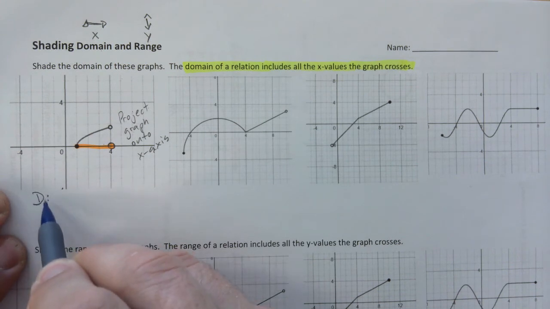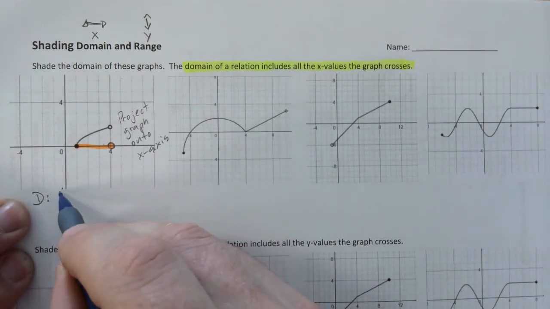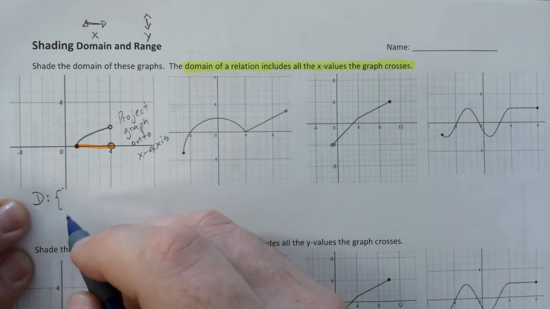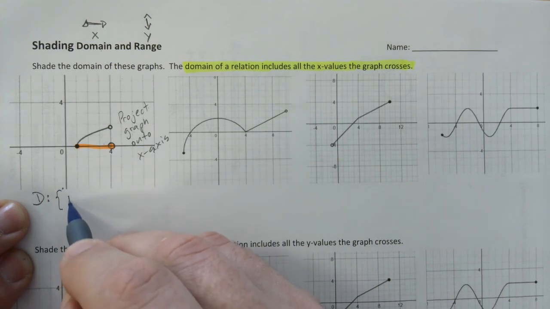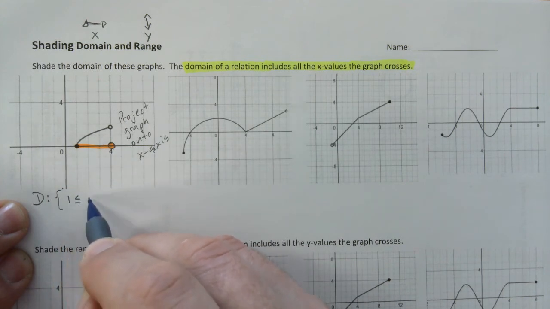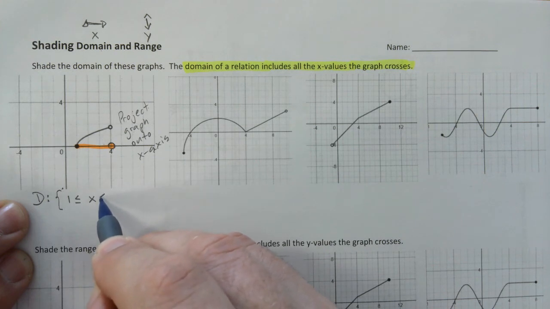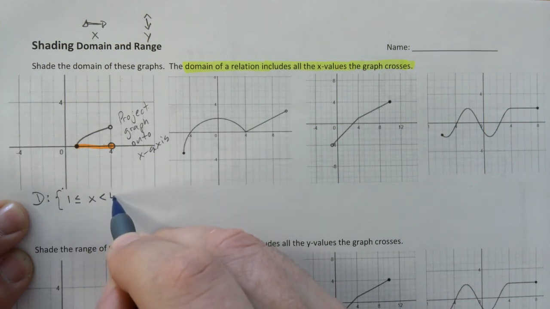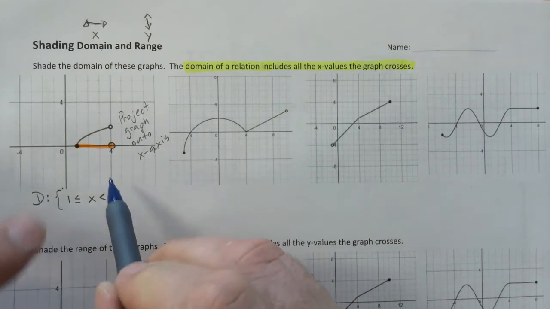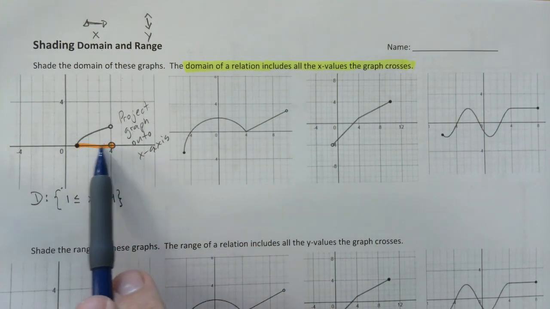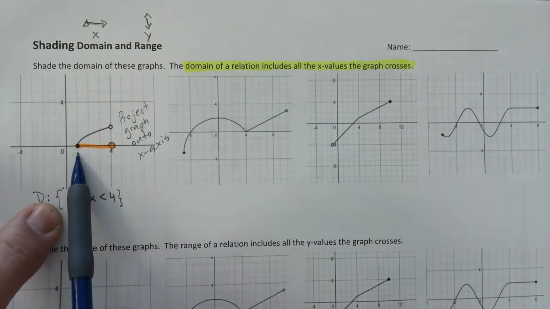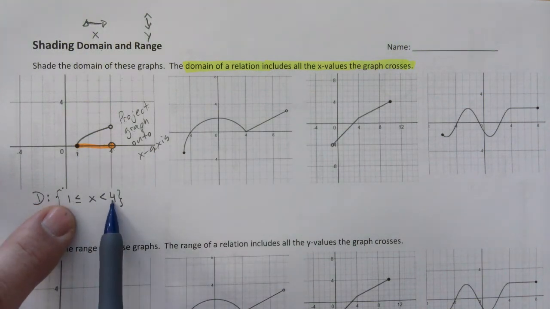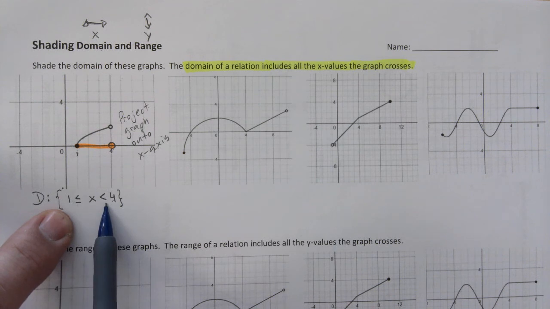And I know you're used to this notation. The domain, if you watch the videos, that is, it's contained. So we're going from 1 to not including 4. Okay, so if we just imagine that the highlighted line is your number line, and so you're going from 1 to 4, so it's contained. It's including 1, but it's not including 4. Okay,